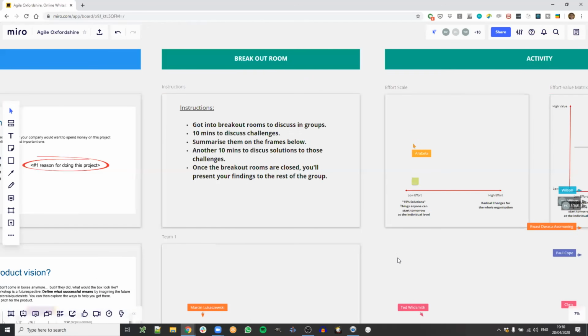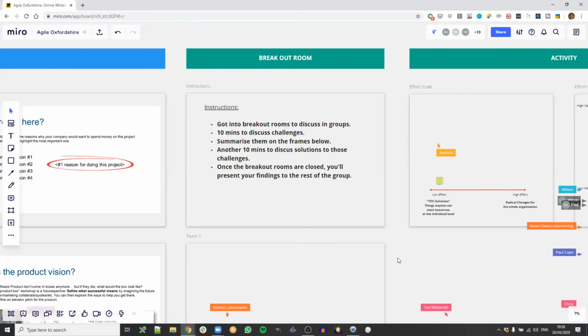So I thought what we could do is, again, go into breakout rooms just like before, discussing in groups: how do you start a project? What sort of things do you do before you start anything like this? Does this Inception thing make sense? Did you learn anything? So just to talk about the challenges that you may have, as well as what solutions you have for that?